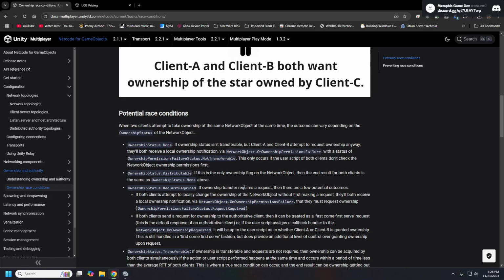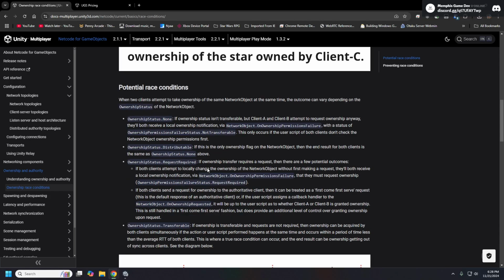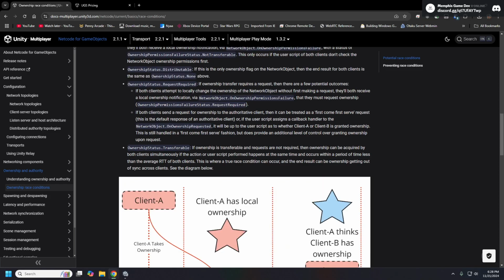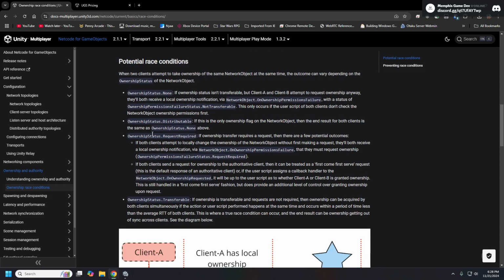I think by default, if it is distributable and transferable, then whoever's packet gets there first will have ownership of it. And if request required is selected, it will return either an ownership permission failure, or I think there's some success callback as well, that you can then use to do what you need to do with that object.